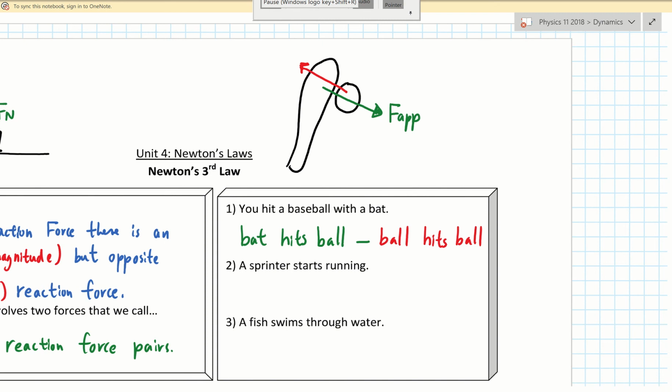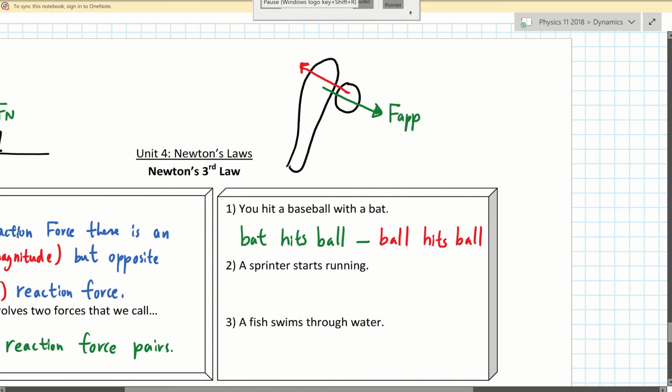If you look at it from the perspective of the bat, we might call it the applied force. But what is the force pushing back at you when the bat hits the ball? That is the electrons of the ball repelling the electrons of the bat, which is actually called the normal force. So technically,